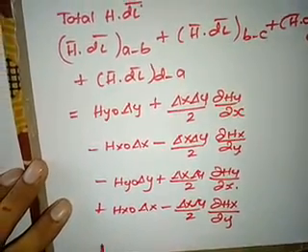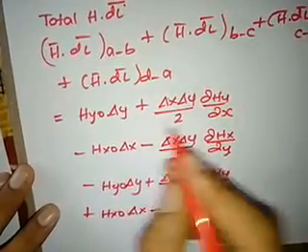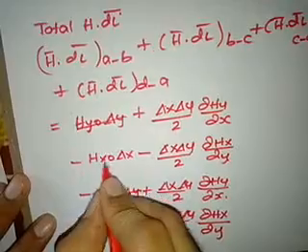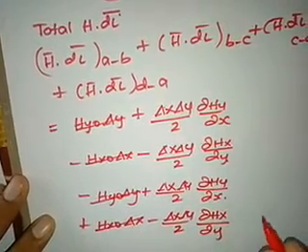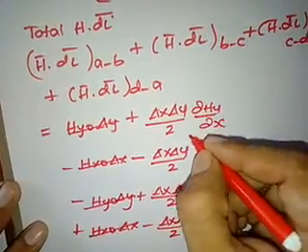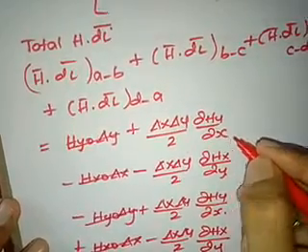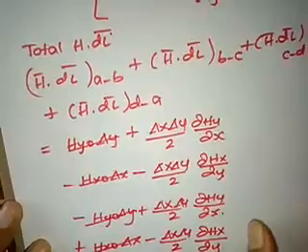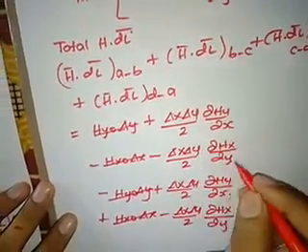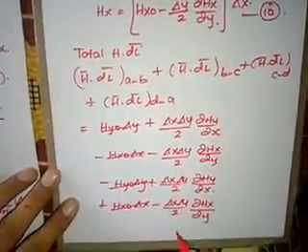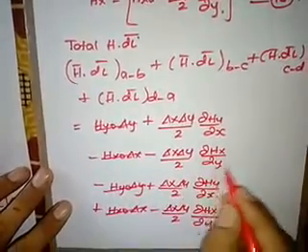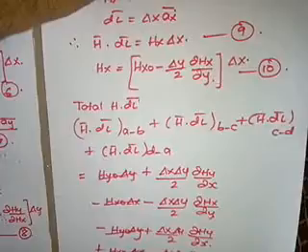So which are the terms that cancel out here? Hy naught delta y and minus hy naught delta y will cancel. Minus hx naught delta x plus hx naught delta x will cancel. Okay, so delta x delta y by 2 dou hy by dou x plus delta x delta y by 2 dou hy by dou x, so it will be 2 times. Similarly, minus delta x delta y by 2 dou hx by dou y minus delta x delta y by 2 dou hx by dou y, again it will be minus 2 times this. Right. So with this, I can write the next equation as,